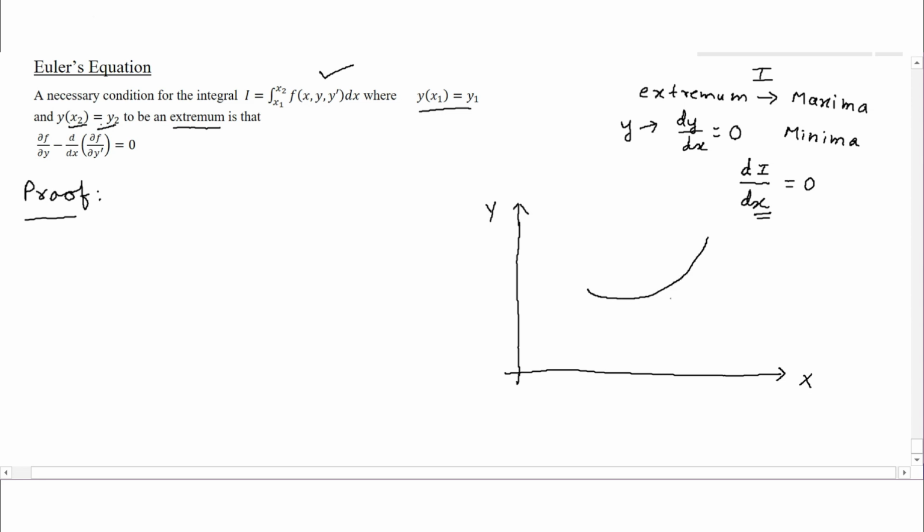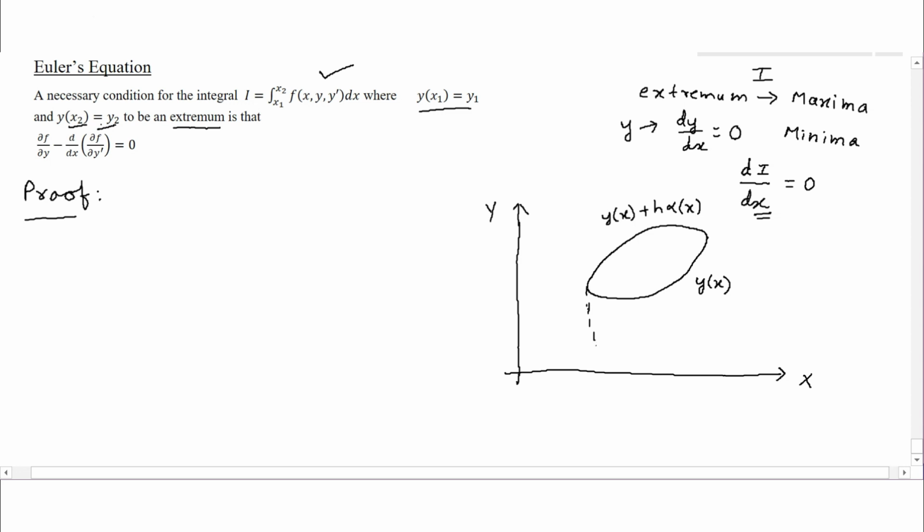Now this curve I am taking as y of x. That is a given curve. In the neighborhood of this given curve y of x, I will be taking one more curve. Let this curve be equal to y of x plus h times alpha of x. So in the neighborhood of y of x, I have taken one more curve, y of x plus h times alpha of x, where h is a very small value. So both the curves are